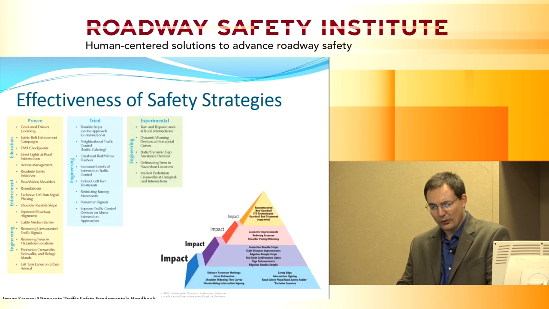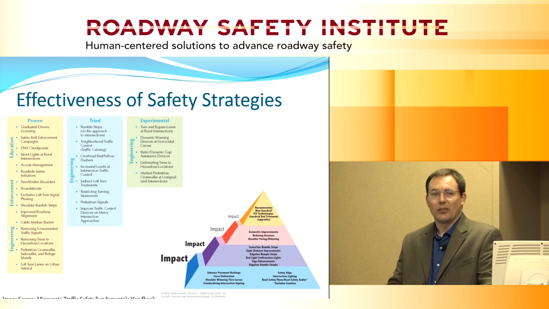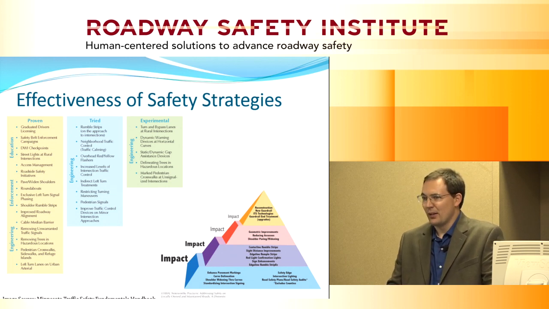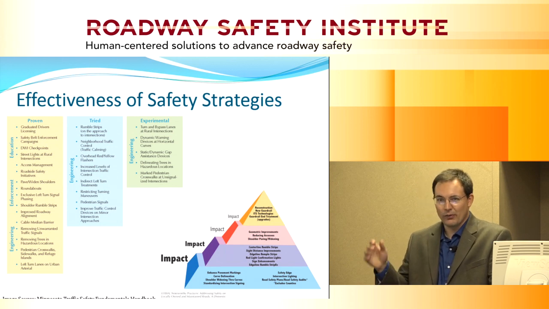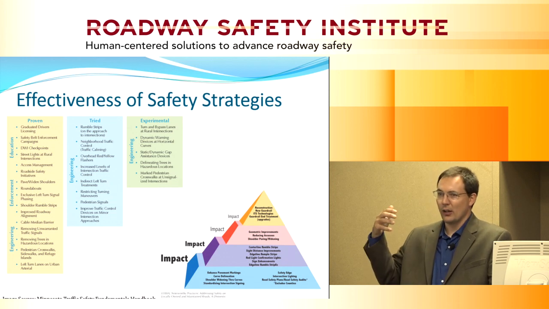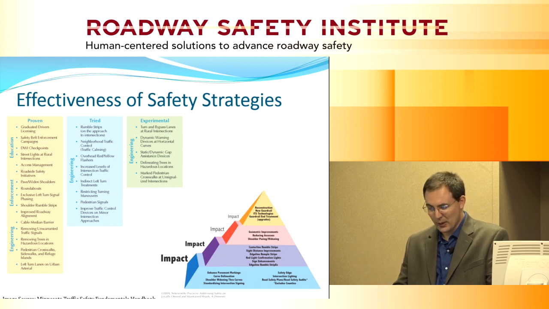But then there's also this issue of the level of impact or cost. Obviously, we can't put roundabouts at every intersection. $1 to $2 million is simply, we don't have enough money. And that's another thing to think about. We have to be thinking in terms of thousands and hundreds. We can't be thinking in terms of hundreds of thousands, millions of dollars per intersection, per location. There isn't enough money. We have to think in that low-cost spectrum.